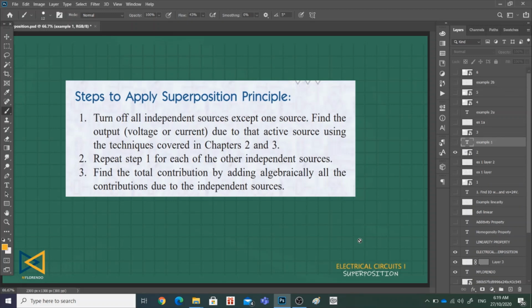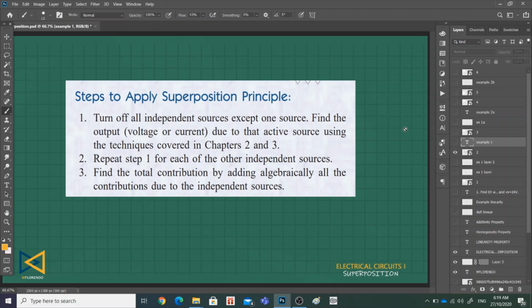So superposition is actually a principle that states that the voltage across or current through an element in a linear circuit is the algebraic sum of the voltage or current through the element due to each independent source acting alone. So paano ba natin i-apply yung ating